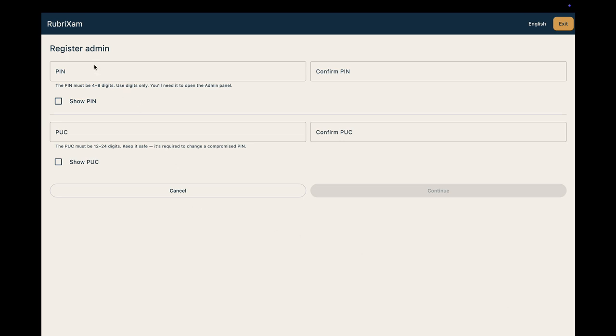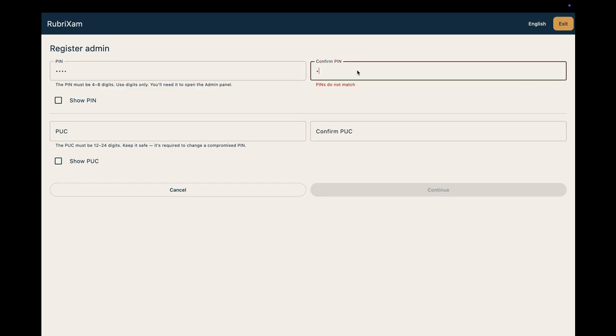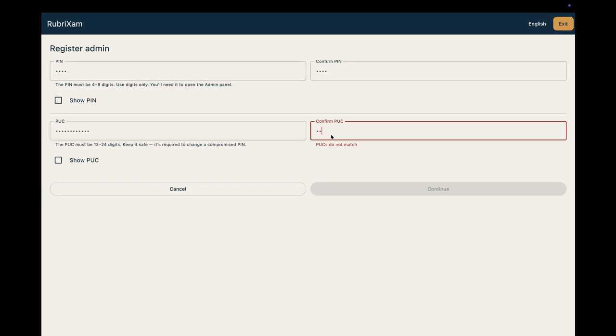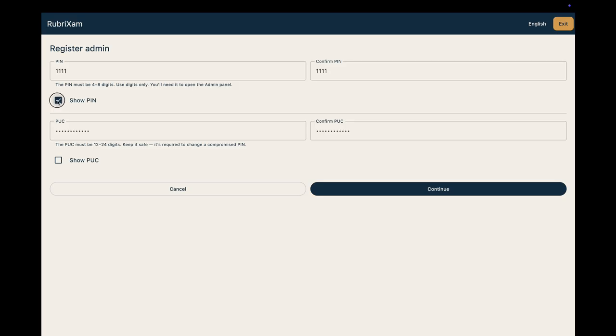Welcome to RubriXam. In this video, I'll show you how the app works and how to set it up for your needs. When you first open RubriXam, you'll create an admin PIN and a PUC code. The PIN unlocks all admin-only features in the app, and the PUC lets you safely reset the PIN if it's